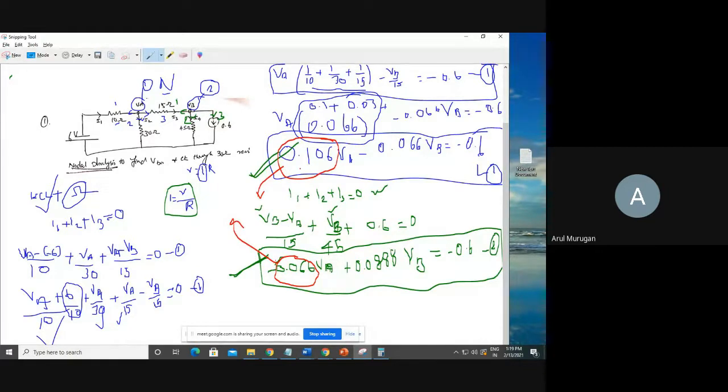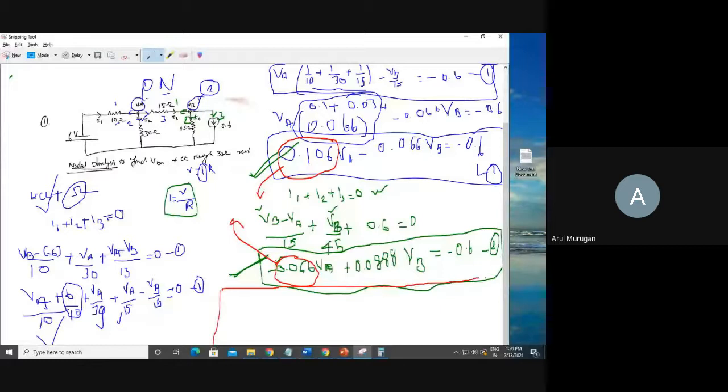Why do we interchange the multipliers? Because then the first equation will match, and if the equations match easily, you can cancel. That's why I say multiply this way. This is the easiest method. 0.066 is there, so take this term and multiply on the first equation. How do you multiply? I will try it.